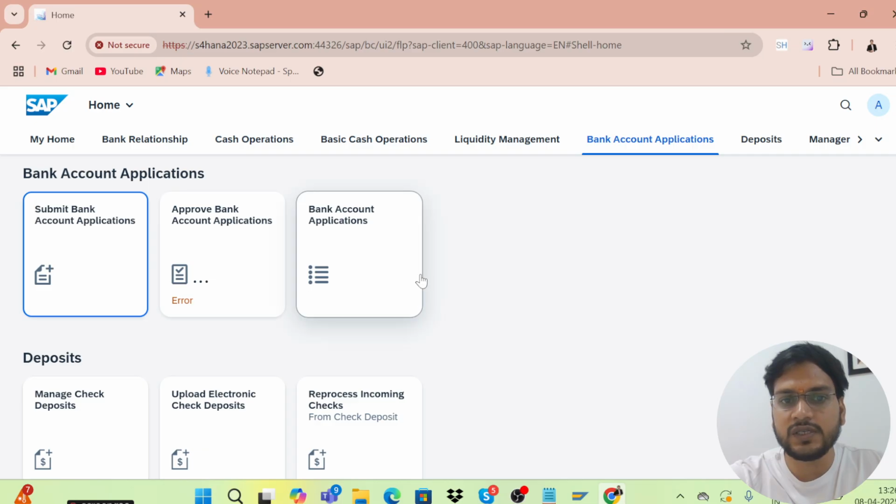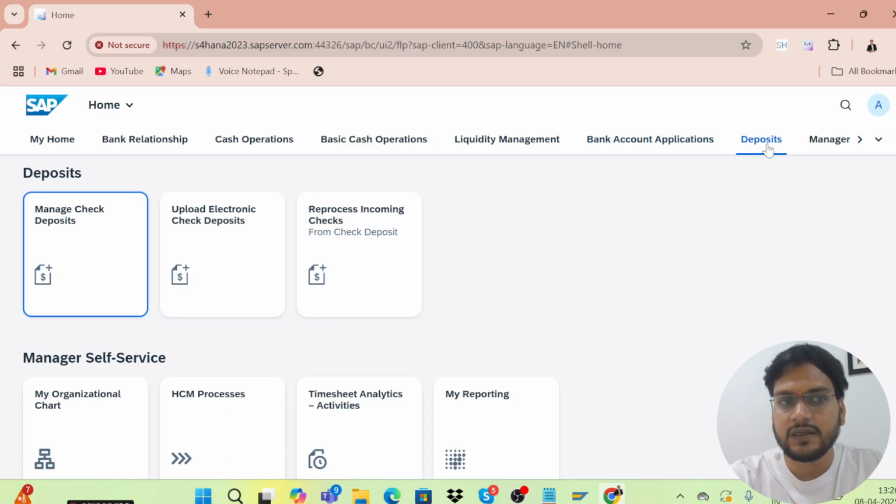So FICO end users will have access to those tiles, but they will not have all access. Let's suppose I am an end user. Whatever task I am doing, I will have access to those tiles only. I will not have complete access to the tiles. Under deposits, you can see some other tiles, like for HCM.